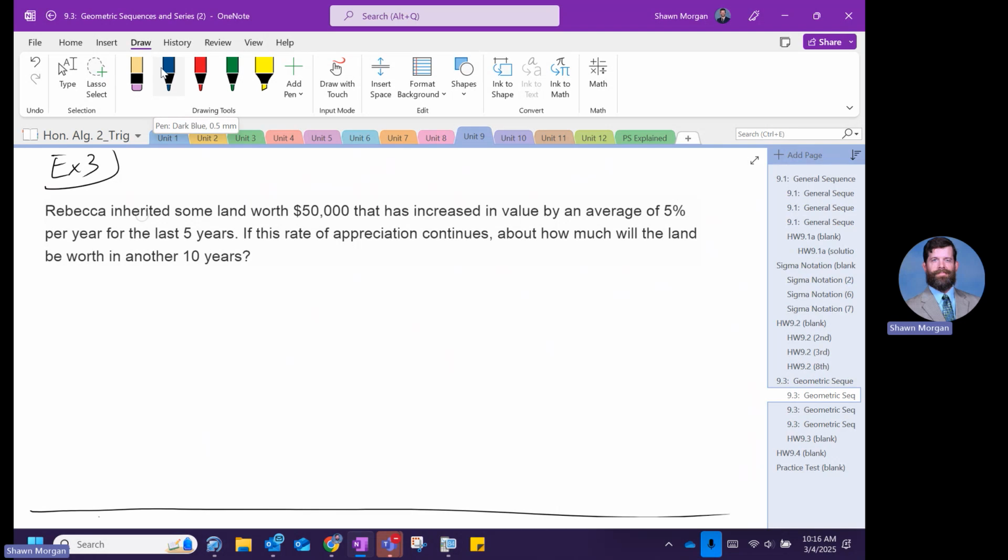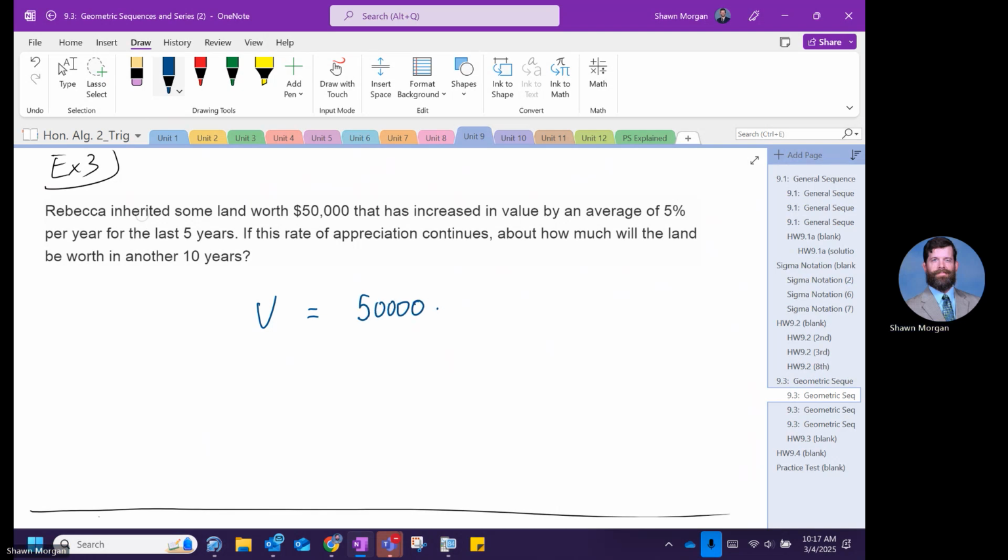We're thinking about geometric sequences. What would my A1 be? What would my first term be? 50,000. What would my base be? What is the appreciation rate? 0.05. All right. So I can say that the value of the land is going to equal 50,000